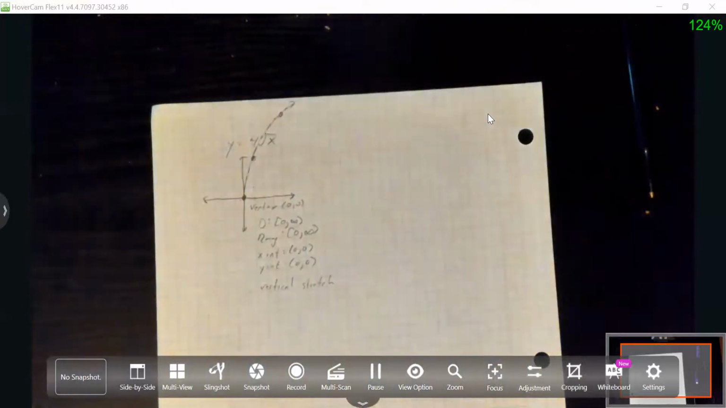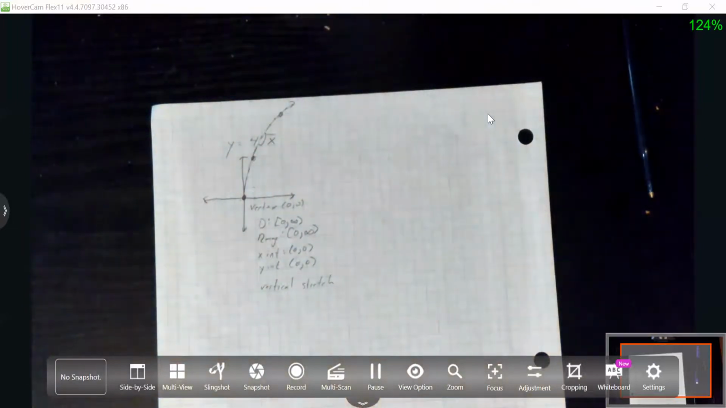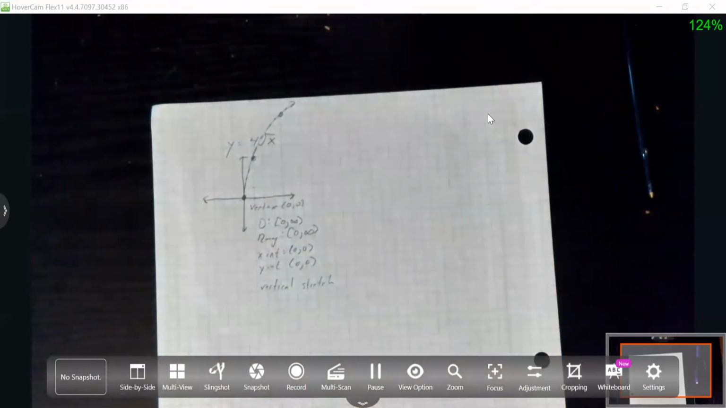I'm going to turn on some light here. It's a little